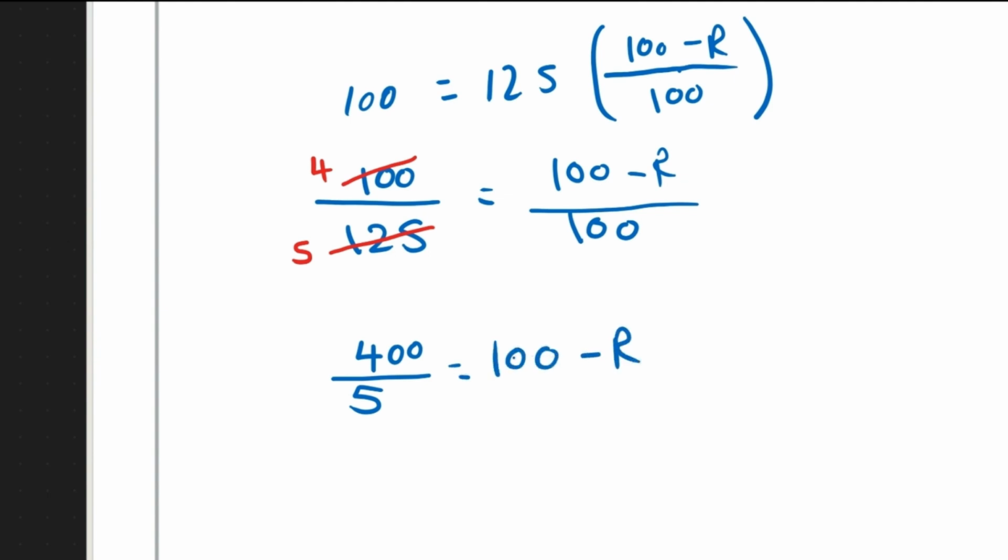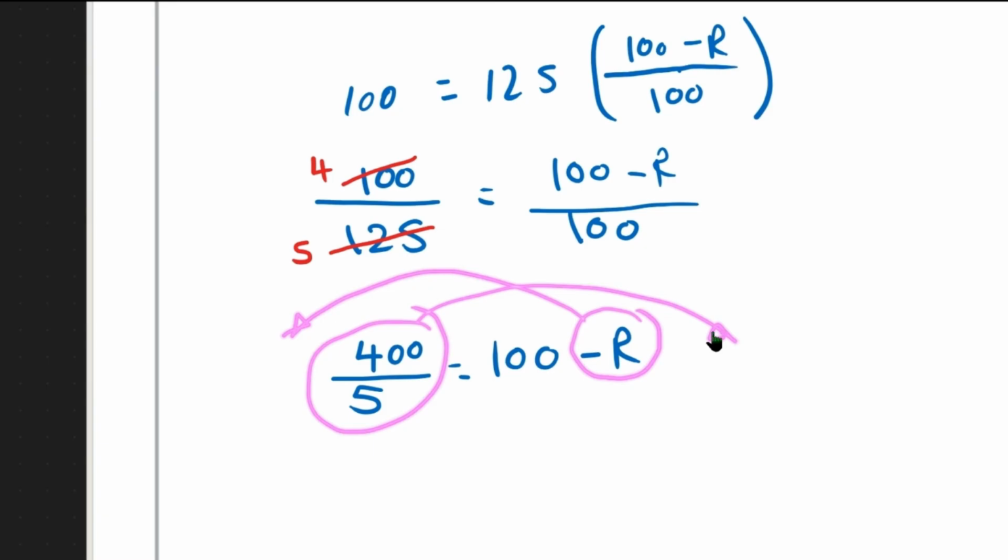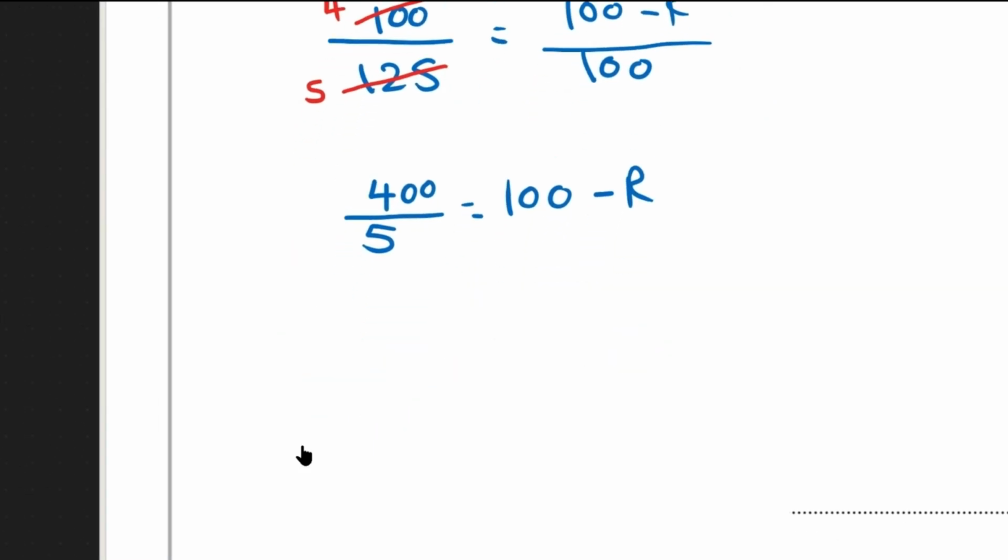We are looking for R here, so usually we prefer to use R in a positive situation, not in a minus situation. But here you can find R is a minus, so I prefer to bring minus R over to become plus, and then bring this one to the other side. So this will make the equation: minus R goes to the other side as positive R, 100 take away 400